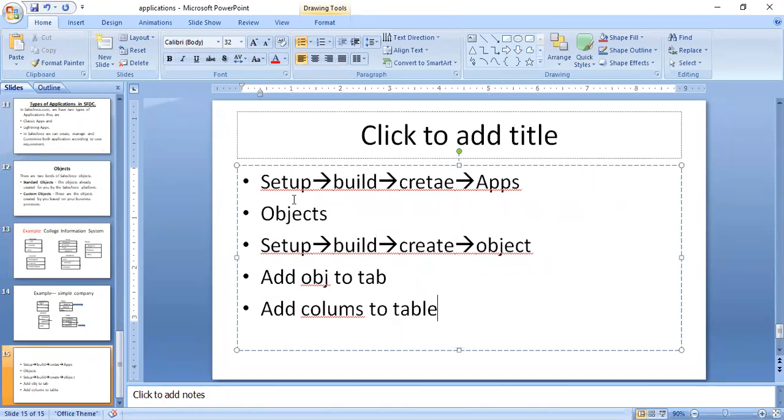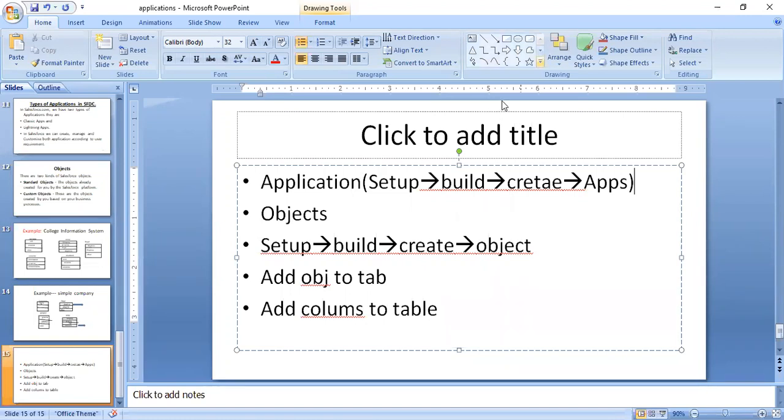Okay, now that means you created an application by using this thing. You created objects by using this thing. You add the object to the table, and the next part here is to add columns to the table.